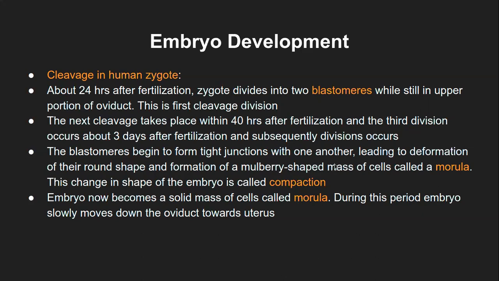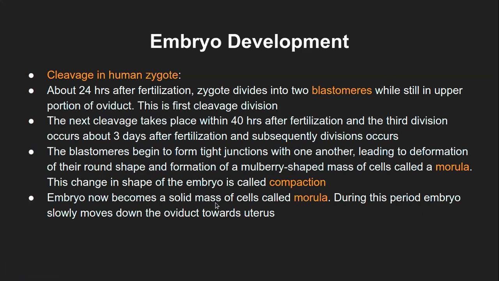But grapes are quite loose. Mulberry is those individual cell-like things or round things, very compactly arranged. So the formation of the mulberry shaped mass is called the morula. So the zygote undergoes different cell divisions, which form blastomeres, and the mass of blastomeres is called the morula. These are very scientific terminologies, and this change in the shape of the embryo is called compaction. Because of the tight junctions within the blastomere cells, they undergo a compaction process.